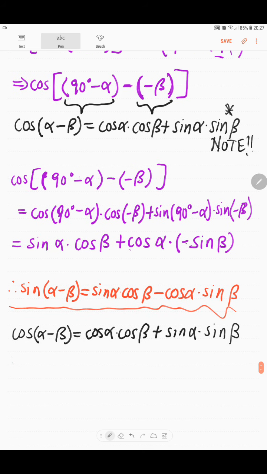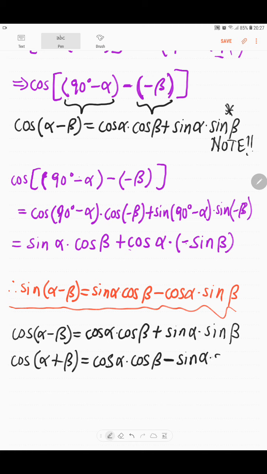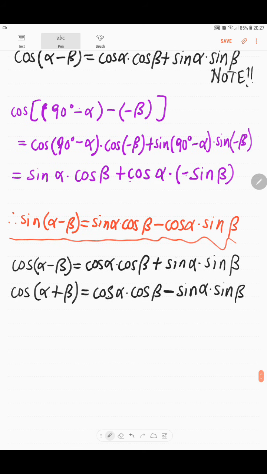The second one is cos alpha plus beta, which is cos alpha by cos beta minus sine alpha by sine beta. And then the third one was sine alpha plus beta, which became sine alpha by cos beta